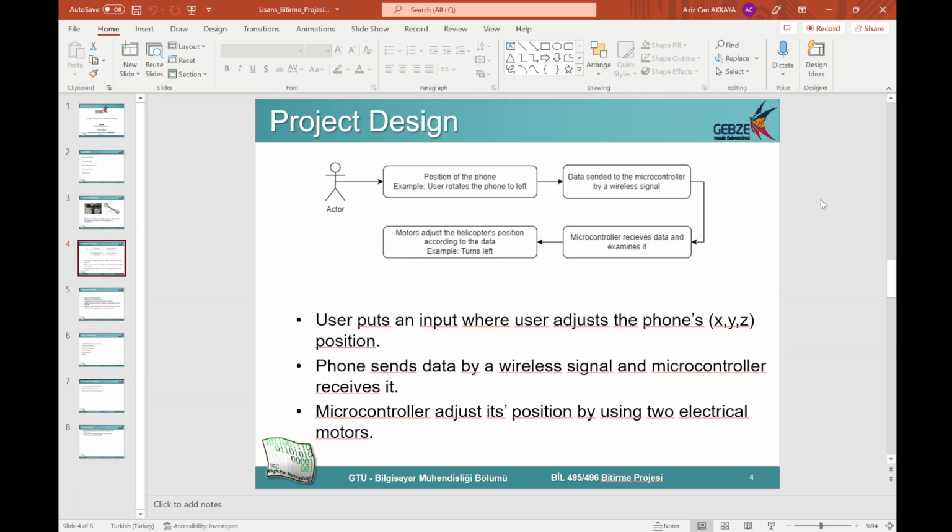Of course, these have some limitations, whereas the mechanical structure does not allow the helicopter to move to the exact position in space where the remote controller stands. So there will be some limitations for that part.